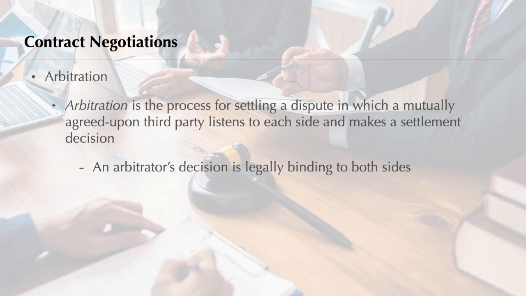In some cases, neither collective bargaining nor mediation results in a contract settlement. A third method of reaching an agreement is arbitration. Like mediation, arbitration calls for the assistance of a negotiator to arrive at a contract. An arbitrator, like a mediator, is a neutral third party. Unlike in mediation, however, an arbitrator's decision is legally binding.